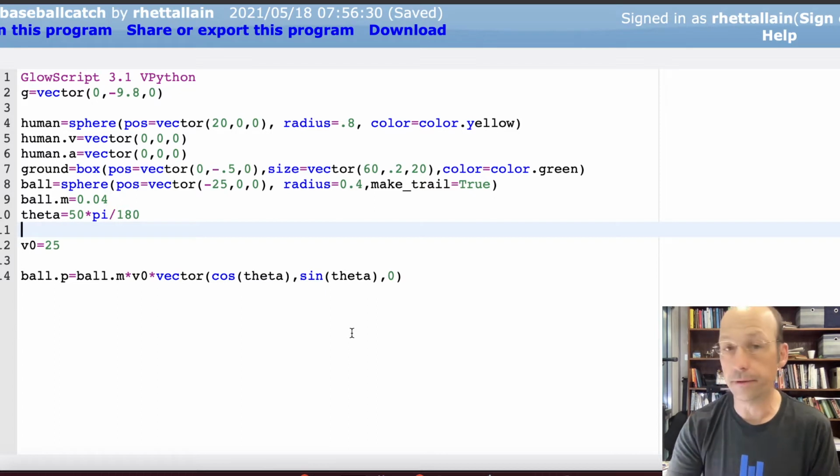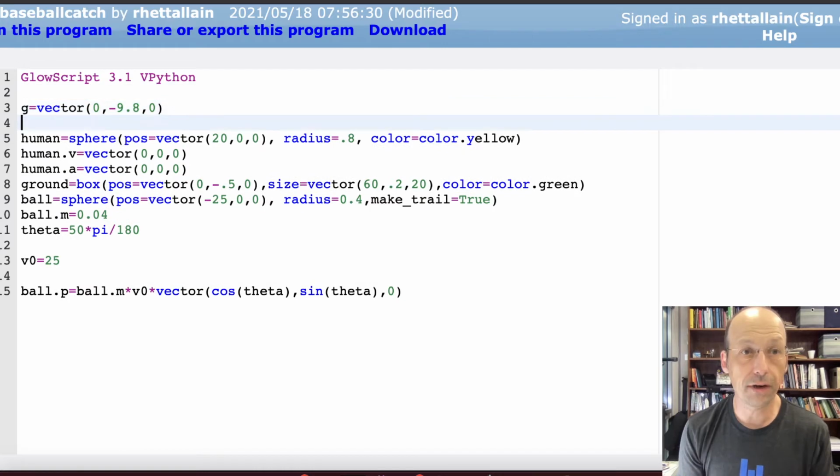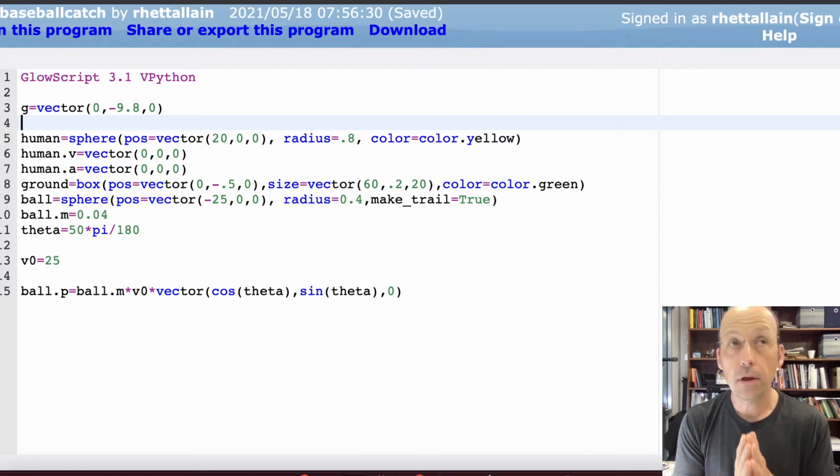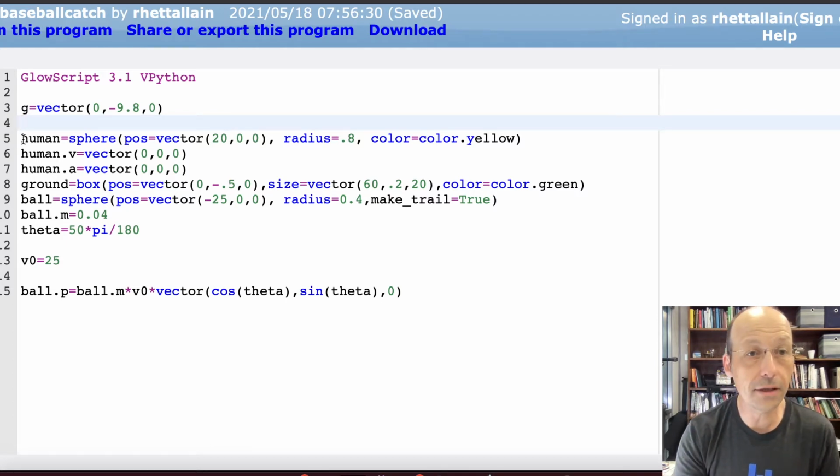Let's just move on. Okay, so let's just see what I have right here. I have my vector G. In GlowScript VPython, it's Python with some built-in objects. It has vector objects built in, it has spheres, it has boxes, and I'm using spheres and boxes here. So I made the human a sphere,